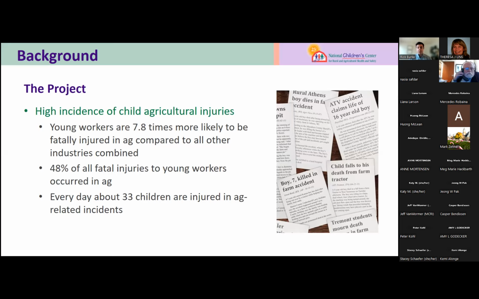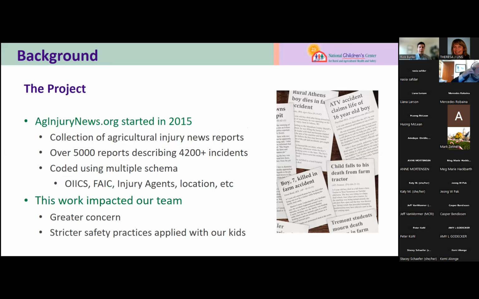Additionally, every day there's about 33 children that are injured in ag-related incidents. And on average, every 3 days, a child is fatally injured in an agriculture-related incident. And so this prompted us several years ago to start the aginjurynews.org initiative, where we collected